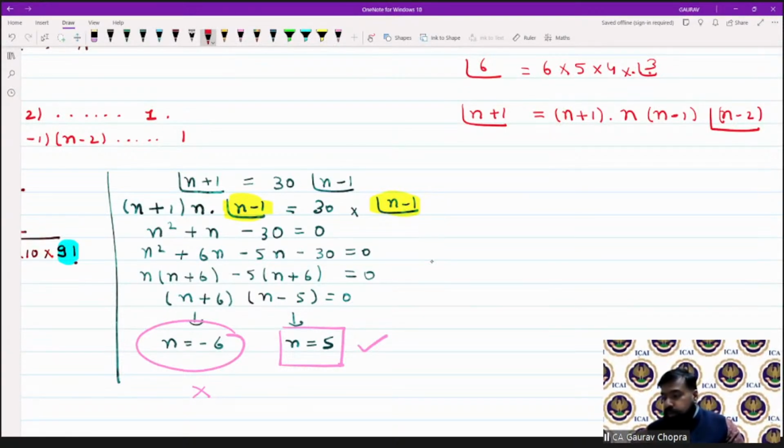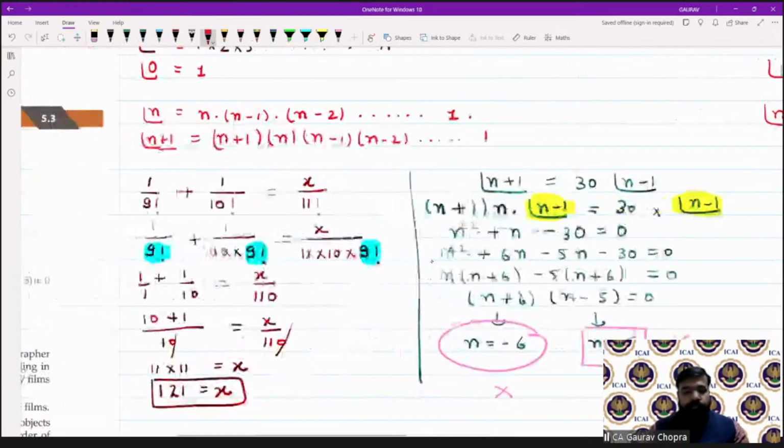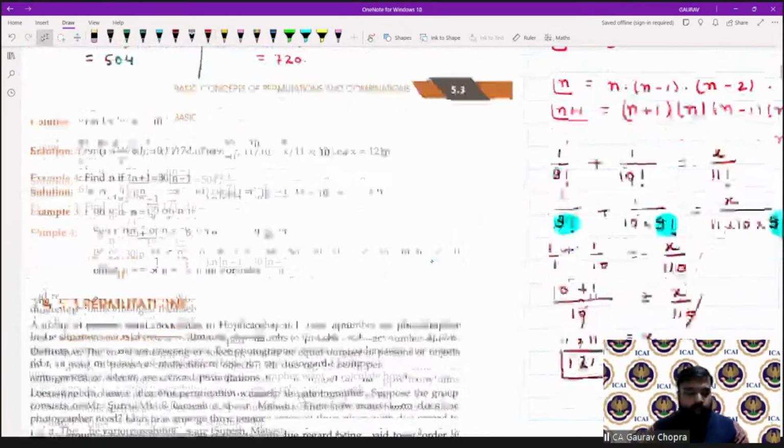So Purva Joshi says it's clear. Trisha says it's clear. Okay, great. Ritu is saying permutation is easy, but combinations are a bit difficult. No need to worry. That will also become easy for you. Great. So I think this is clear for all.